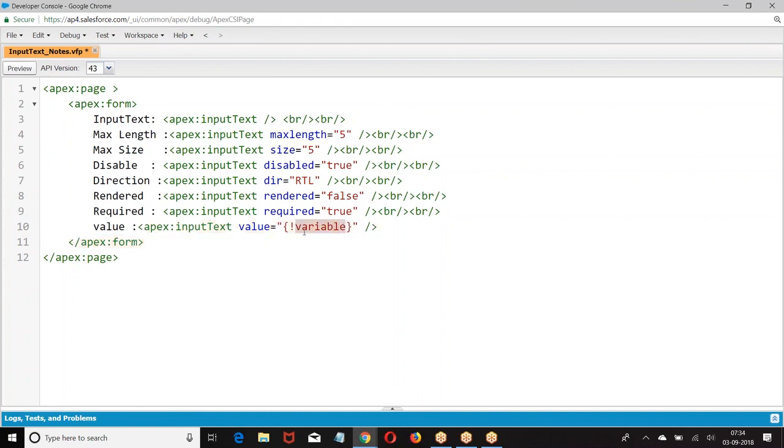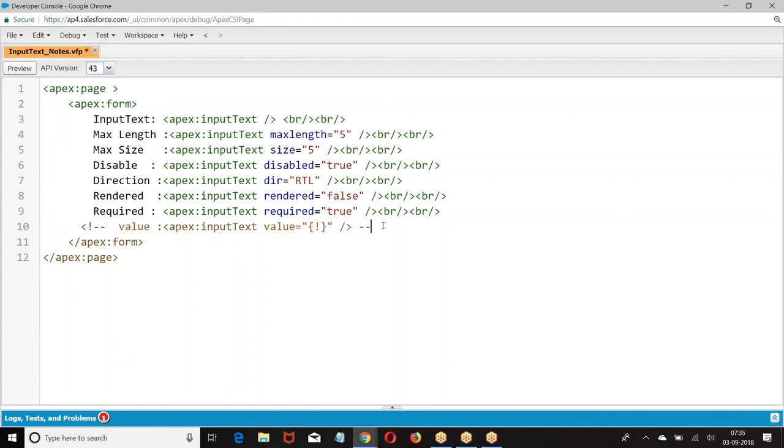Are you getting it? This is the setter method, setting the data. Right now you are unable to set it because we are supposed to take a variable from the Apex class. Are you getting my point? It's a value.